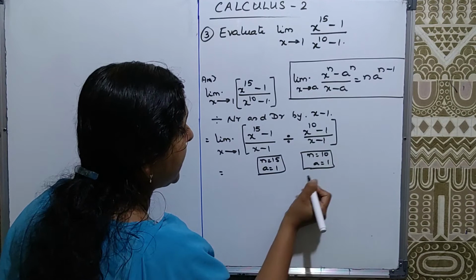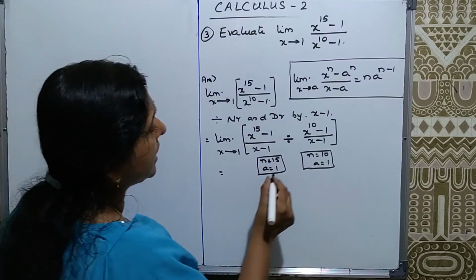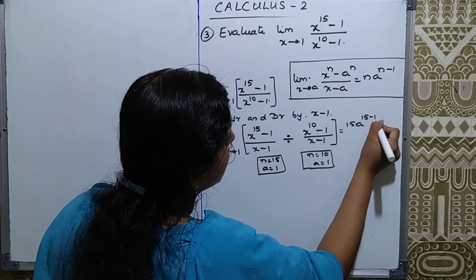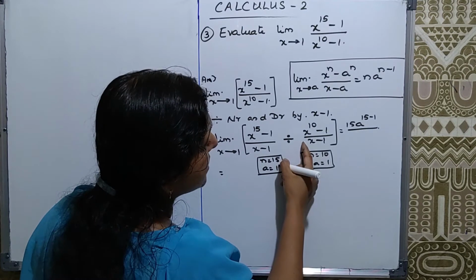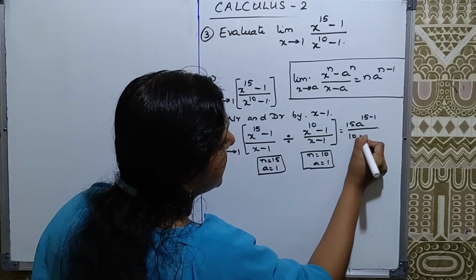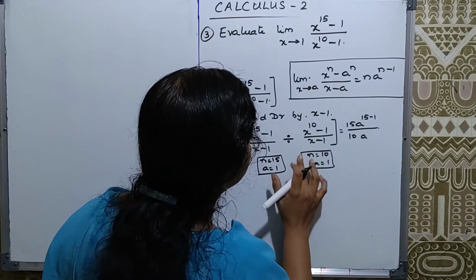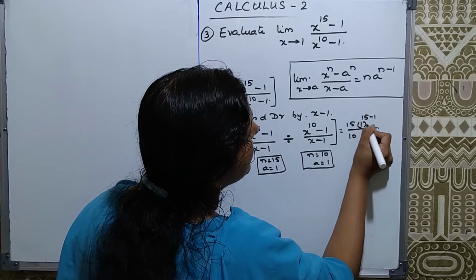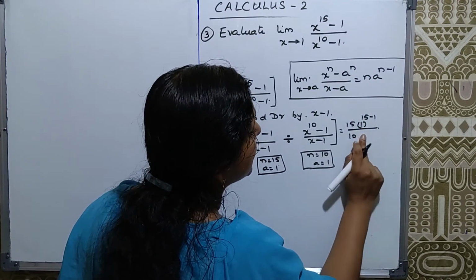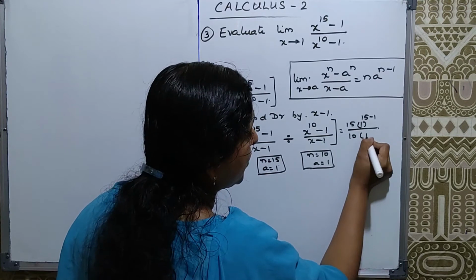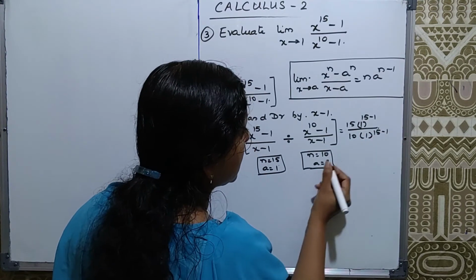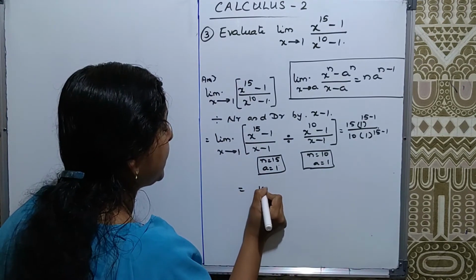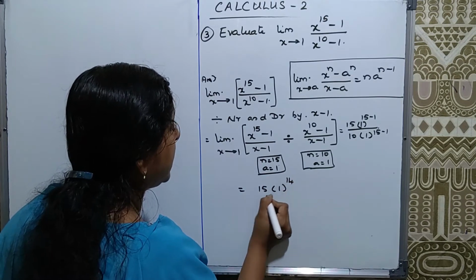So now we'll apply the formula n a raised to n minus 1, that is n a raised to 15 minus 1 divided by, again next one division sign it is, again 10 a raised to, a is actually 1. So 10 into 15 into 1 raised to 15 minus 1, and again 10 into, the place of a it is 1 into 1 raised to 15 minus 1. So it will be equal to 15 divided by, which is equal to 15 into 1 raised to 14 divided by,